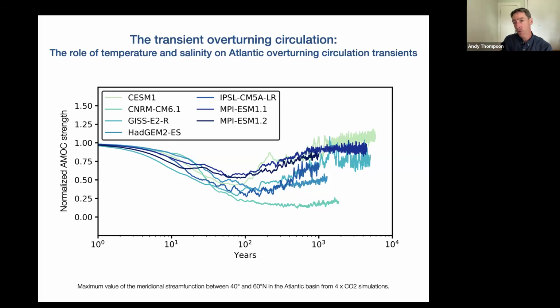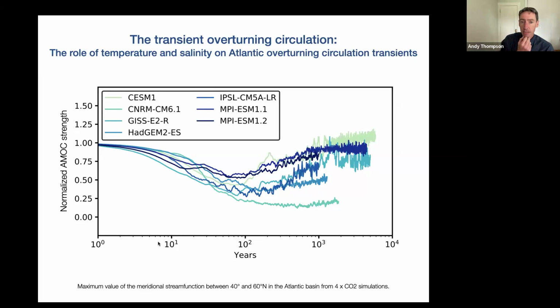And what I'm showing here just for sort of an introduction is the range of AMOC evolution, in this particular case to a 4 times atmospheric CO2 perturbation. Again, over a range of different timescales. So you can see it in the x-axis here. You have a logarithmic timescale, so we're looking at perturbations, everything from decadal to centennial, ultimately to multi-millennial timescales. And on the y-axis is the strength of the AMOC normalized to each of these 7 models' initial strength. So they all start off at 1.